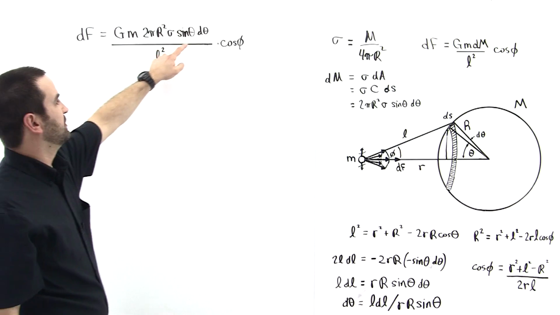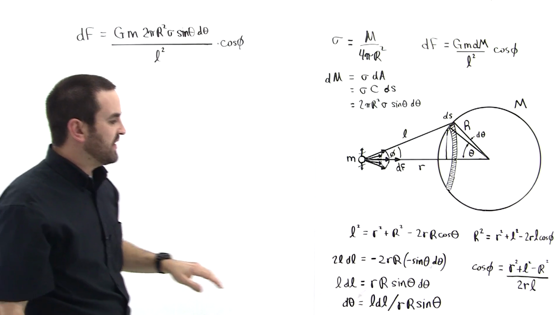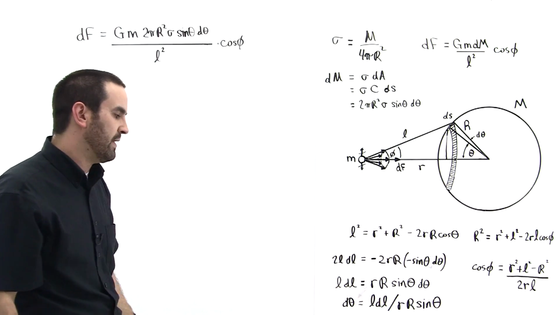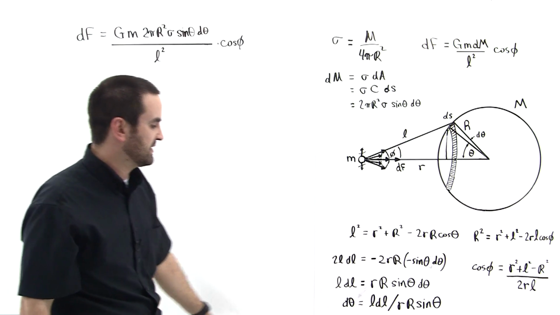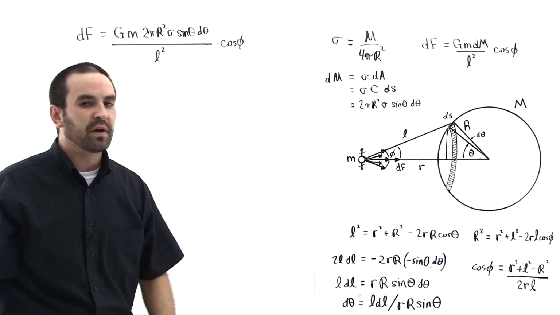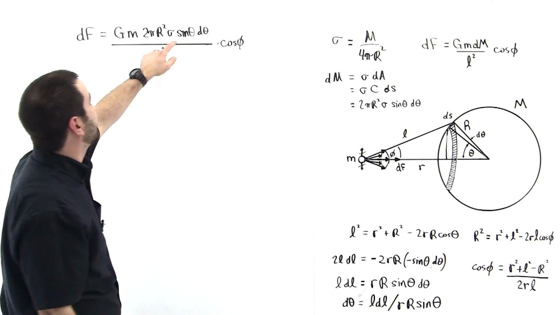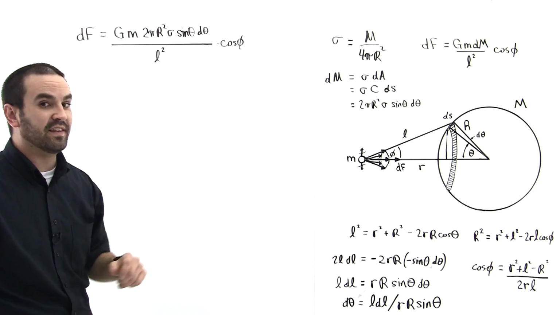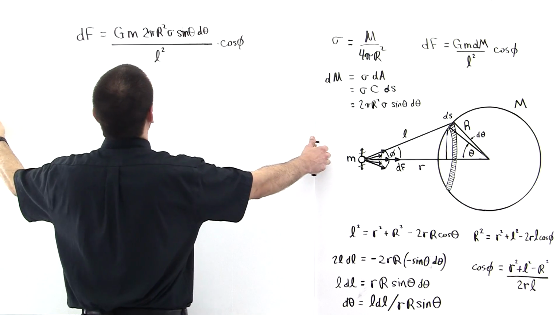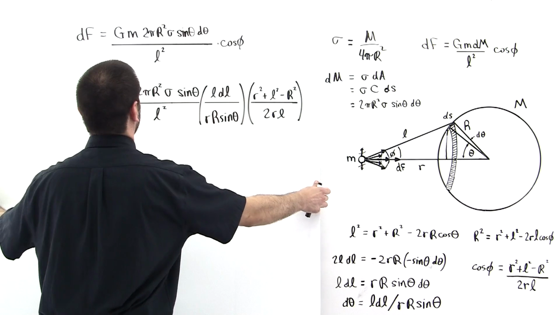Now, we need to take those things and substitute back into this expression here. We're going to substitute for d theta, and we're going to substitute for cosine phi. This expression was solid outright, but when you look at this expression, you might say that doesn't look like it's going to work too well because it's got L, that's fine, but it's got a theta also. But conveniently, it's got sine theta in the numerator, and sine theta in the denominator, and they'll cancel. So it's just a fortuitous result, mathematically that is.